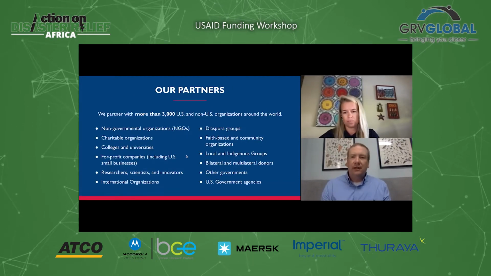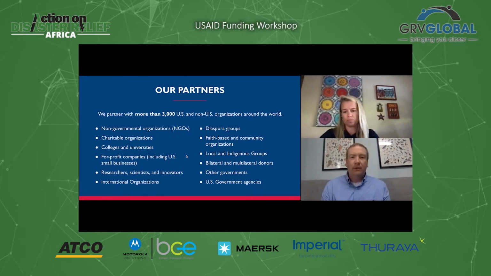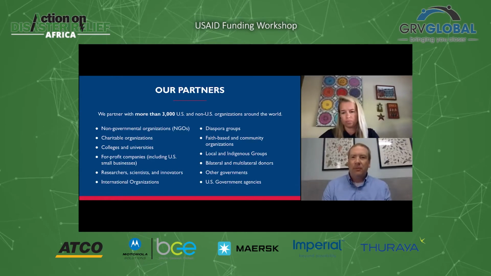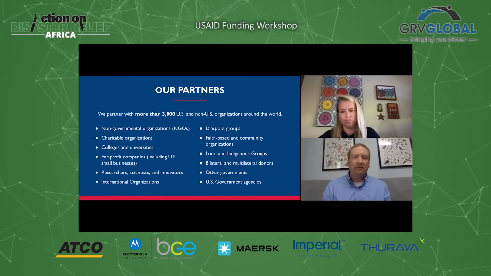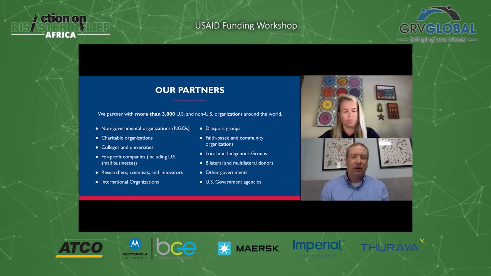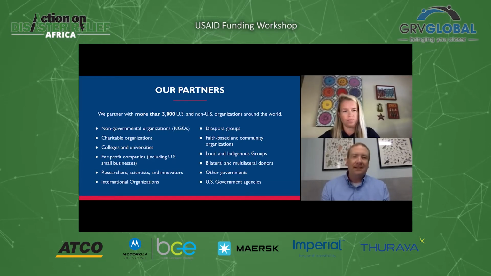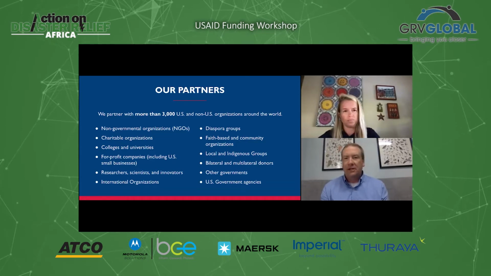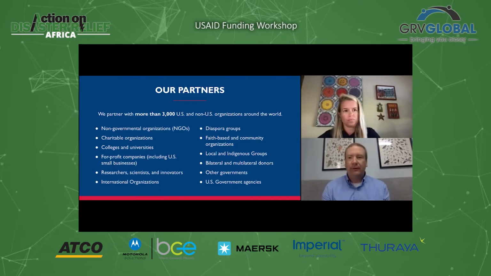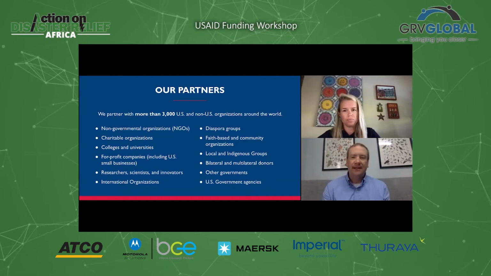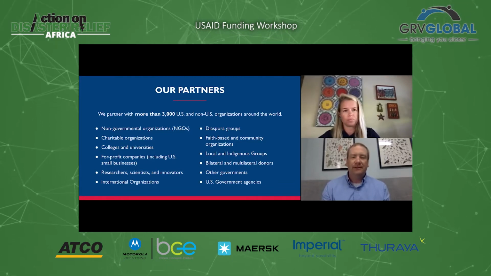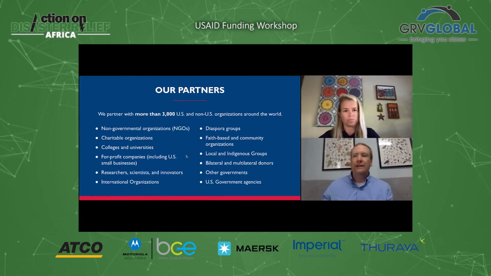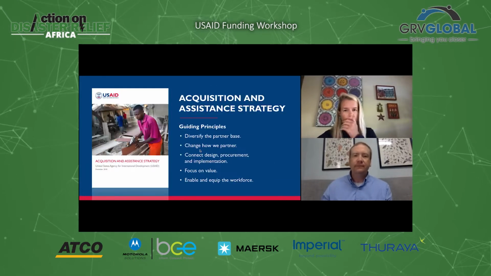One of the things I love about USAID is that we work with over 3,000 organizations each year. You may be on this webinar asking, is my organization the type of organization that USAID is interested in partnering with? The answer is more than likely yes. We have a ton of different organizations, whether you're a local organization, a for-profit or not-for-profit group, a scientist, an innovator, whatever it is. We work with all these different types of organizations on an annual basis, and we're always looking for new partners, new organizations to work with us.